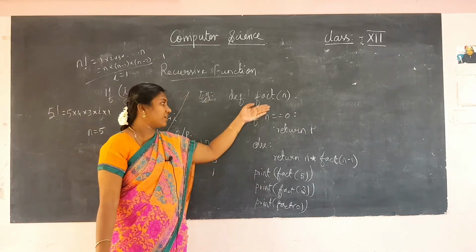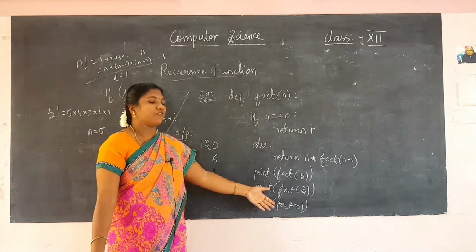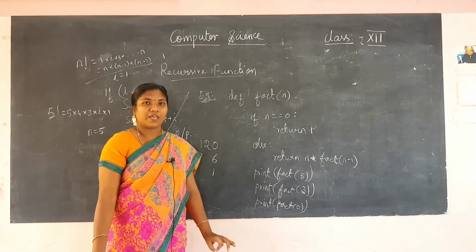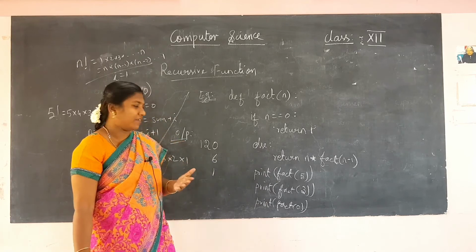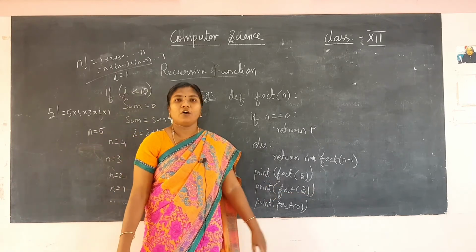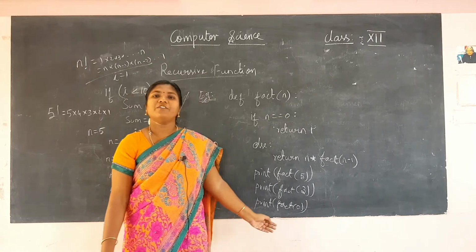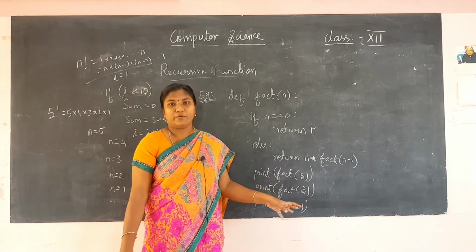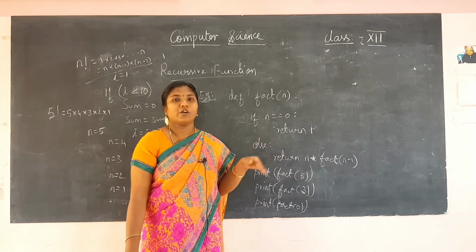I have given the name as fact. I think you remember that. So for finding factorial, we will be using the recursive function concept. Now, in case I am finding the factorial of 2000 or 3000, what will it do? Will it perform? Yes, it has a particular limit only. Up to 1000 only the recursion will get executed automatically.